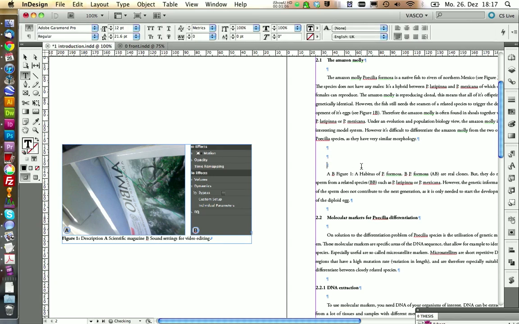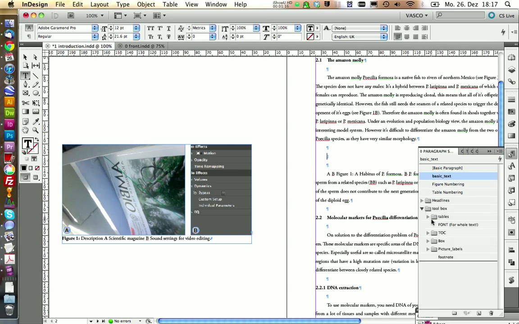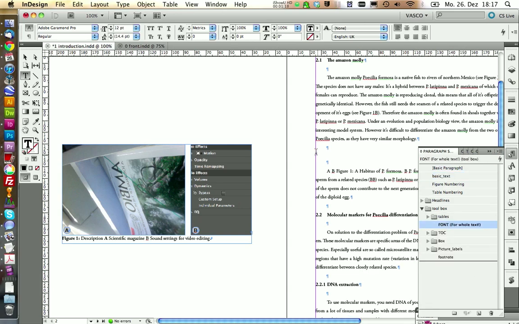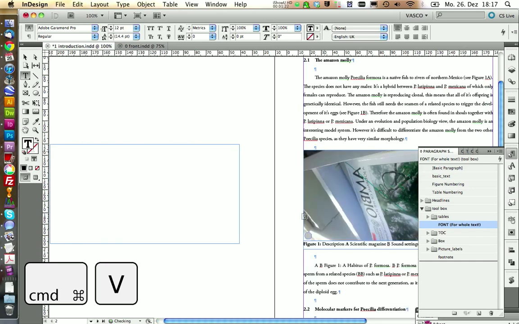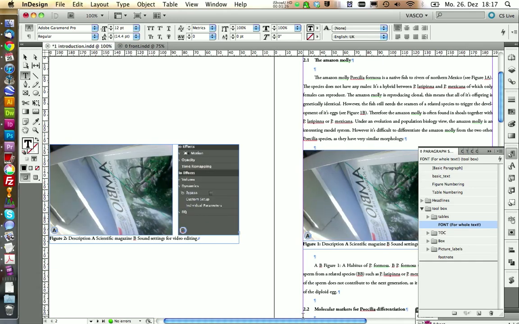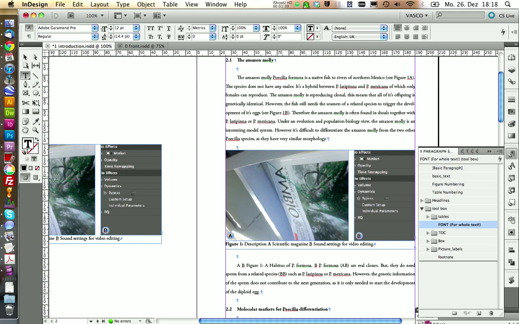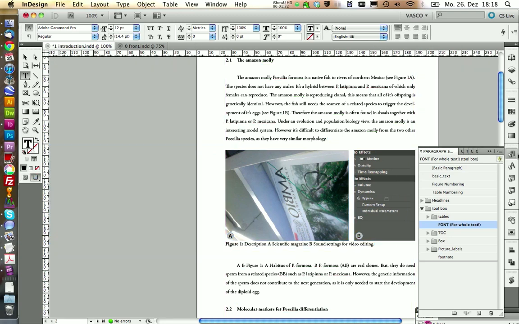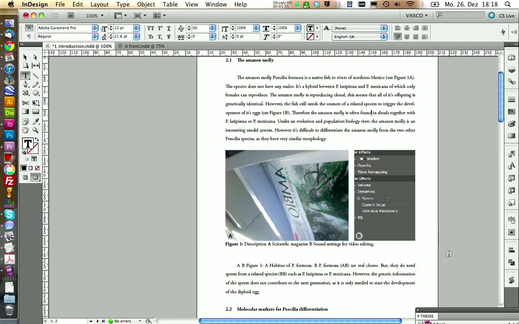Now we can copy this one, the whole thing, and paste it into our text. Let's delete this one. And we first want to assign the basic font in here to get rid of this indent. And then we just paste the picture inside here, like this. And we can go on preview. And I think this looks quite nice.